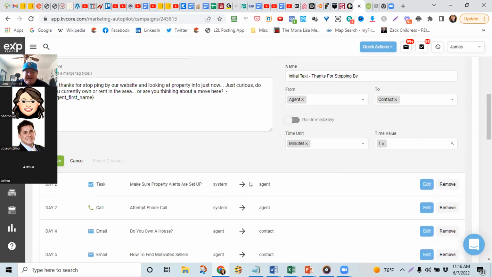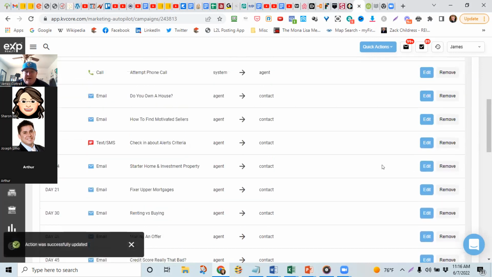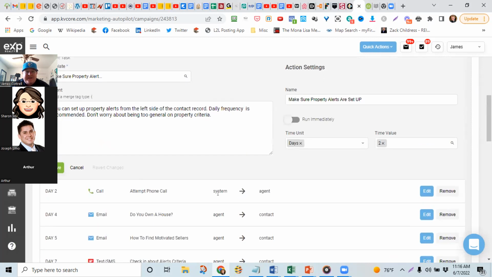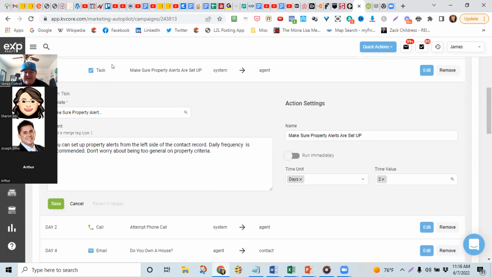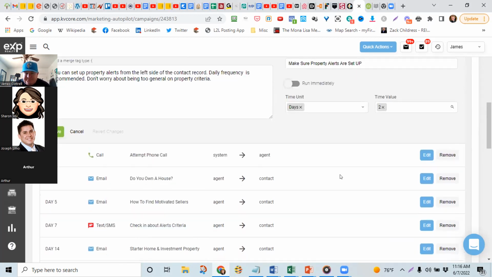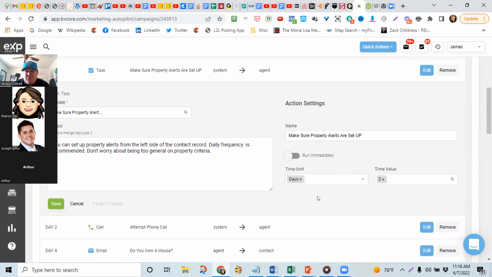It was very tedious prior to that, but it seems, and Sharon can attest to that, it is working properly now, because all you need to do is click edit. We weren't getting any of this last week, and I think it was just a glitch that they had when they updated this. And James, this is a huge update for people that have been at EXP for a while using Kvcore. This is massive, way less painful than when we first started. So this is huge.